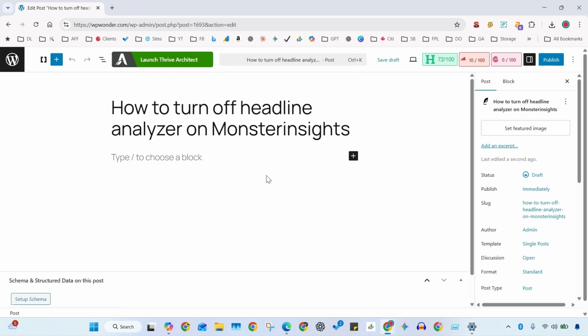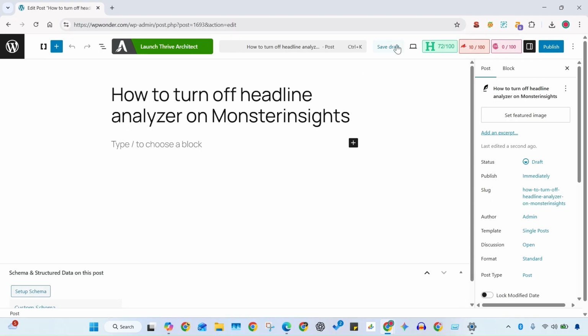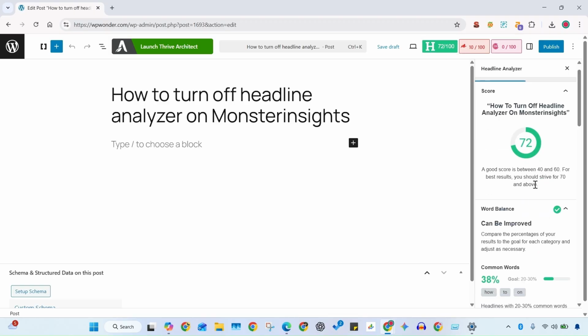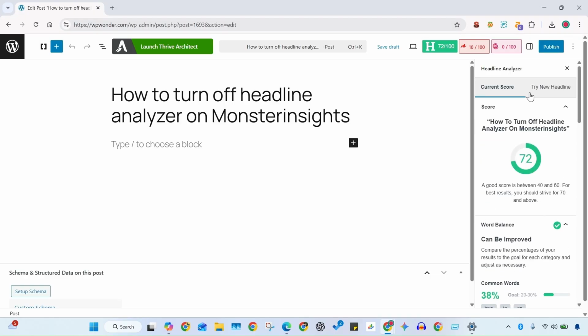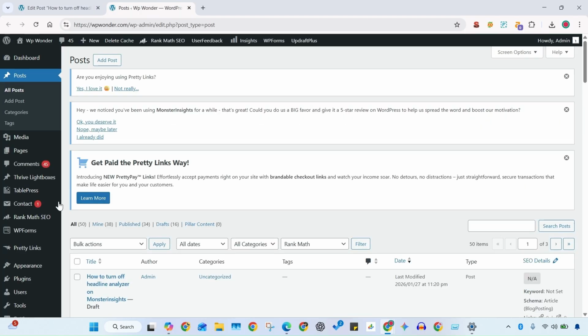Today we'll learn how to turn off Headline Analyzer on Monster Insights. If you have the Monster Insights plugin installed on your WordPress website, you will be able to see this Headline Analyzer, which you may not like, but it can be handy for some people. However, if you don't want this here, you have to disable it by going to the admin and then going